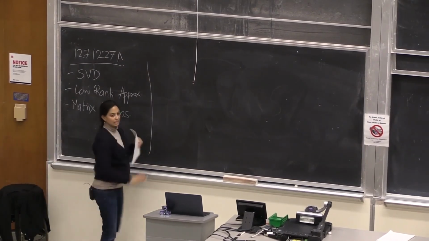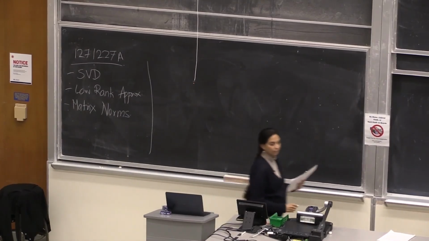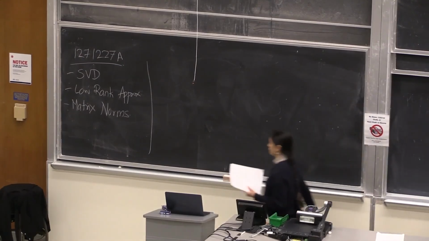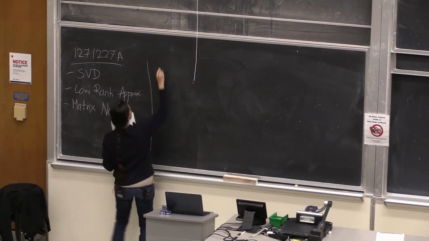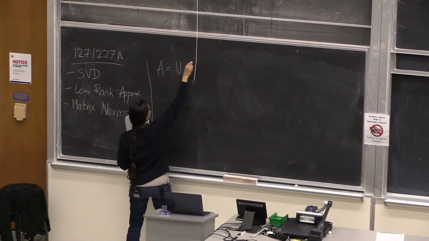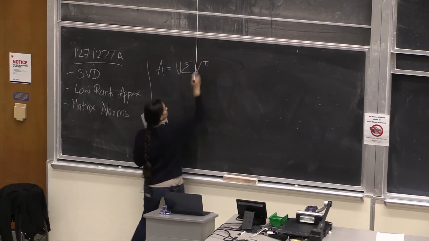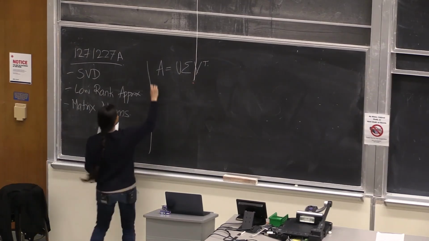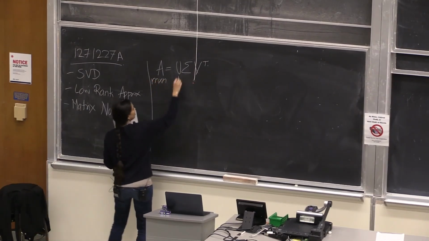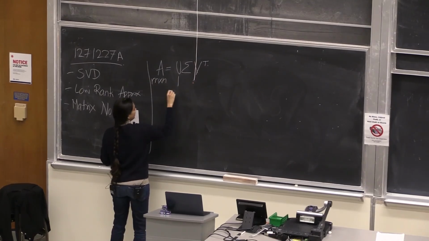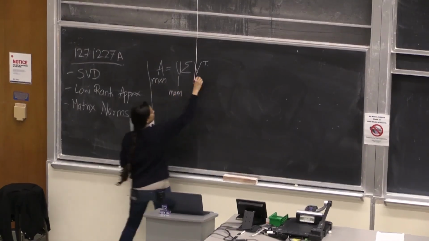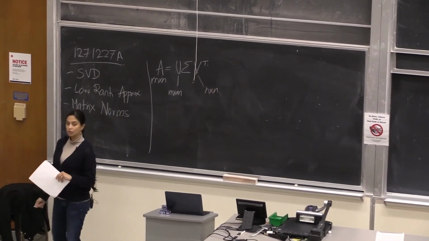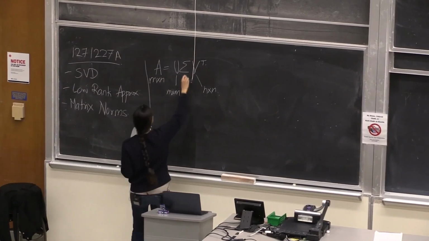Okay, so we ended last time talking about the singular value decomposition and establishing that a singular value decomposition actually exists, right? So we said that if I have some matrix A, I can always write it as U sigma V transpose, where if A is m by n, U is m by m square, V is n by n square, U and V are both orthonormal, and sigma